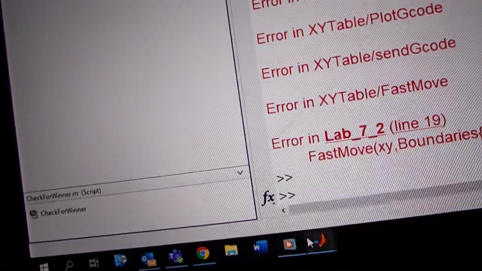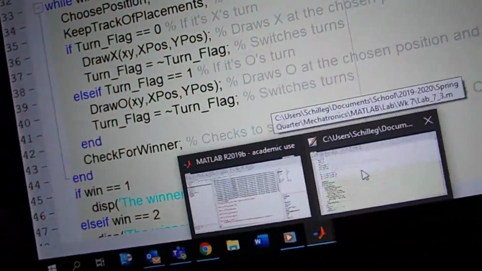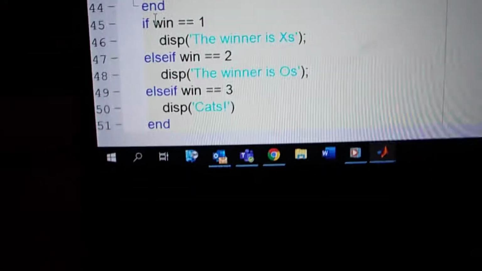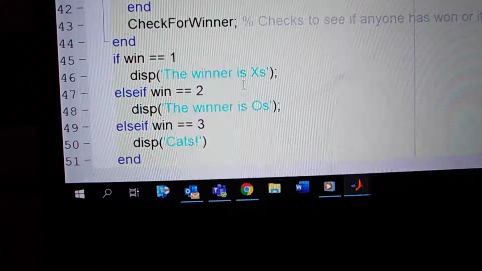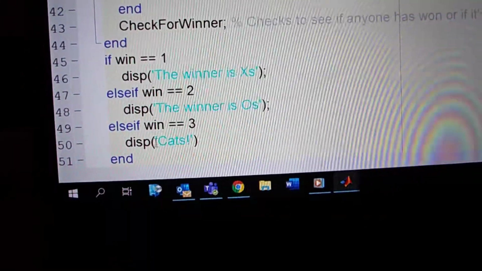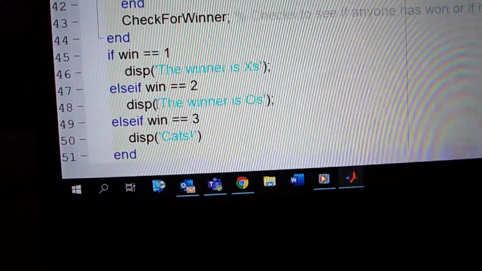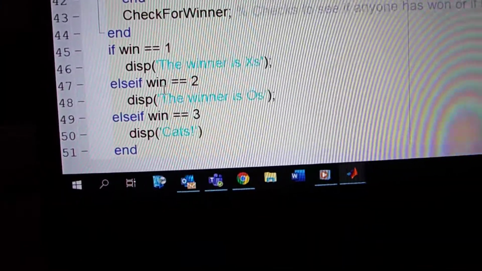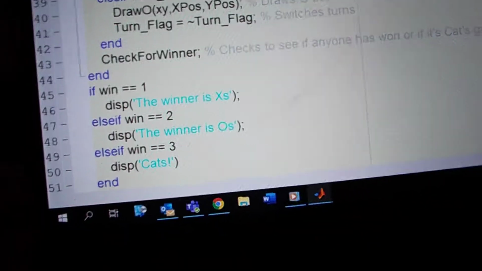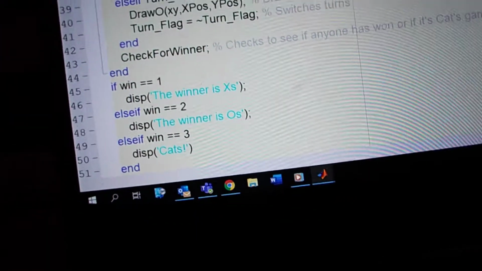So then, after checking, it changes my win variable. I have this if statement: if my win equals 1, the winner is X's. If the win is 2, the winner is O's, and if the win equals 3, I display cats. And so if I run this,